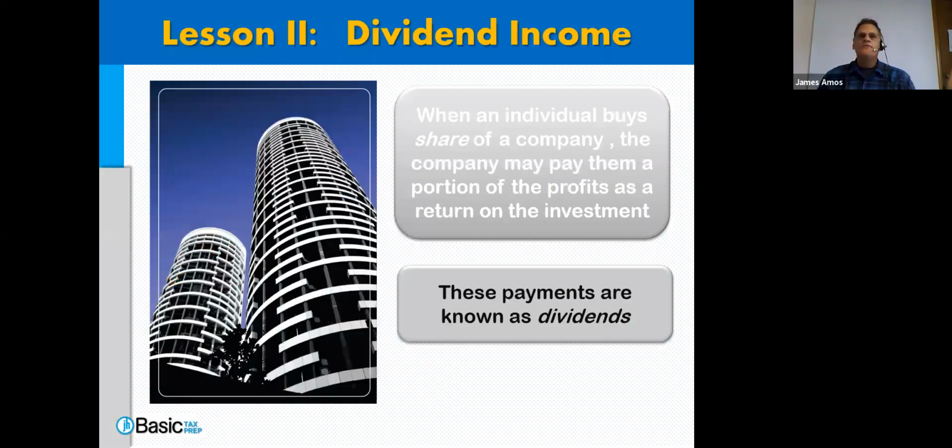Okay. Now we've talked about interest. Now let's talk for a moment about dividends. When a person buys, okay, you've heard of the stock market. When a person buys into the stock market, they're buying a share of the stock market. When they do that, that investment is money that they've effectively loaned to a company, and that company, as